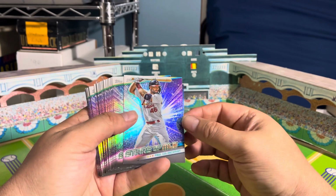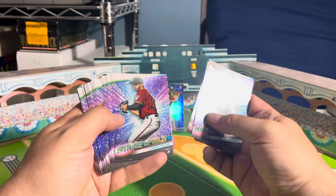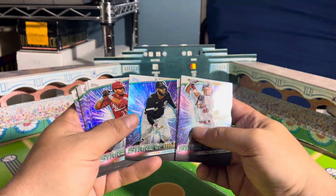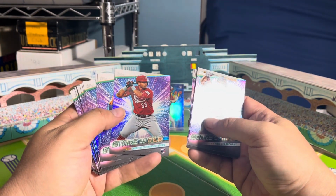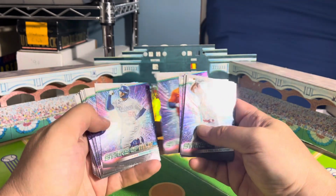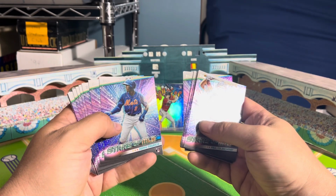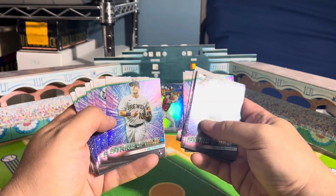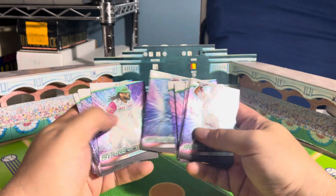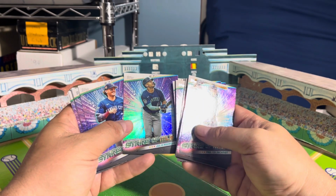So here you go: Paul Goldschmidt, Trout, Ronald Acuña Jr., your reigning MVP, Jordan Lawlar rookie card, Riley Greene, Lou Bob, Christian Encarnacion-Strand, rookie for the Reds, Yordan Alvarez, Mookie Betts, Jazz Chisholm Jr., Ronny Mauricio rookie card, Sal Frelick rookie card. Here comes the Judge, Bryce Harper, Tatis Jr., Julio, I understand, is having a decent start this year,